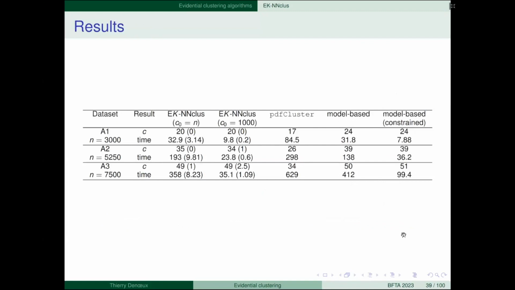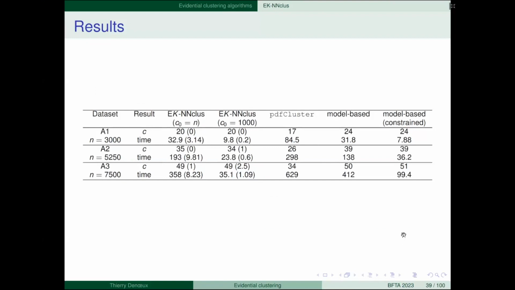A1 has 20 clusters, and EK-NNclus initialized with as many clusters as objects always found 20 clusters. So it always found the correct answer. Also, if we initialize only with 1,000 clusters, it still found 20 all the time. And these are 3 alternative methods.